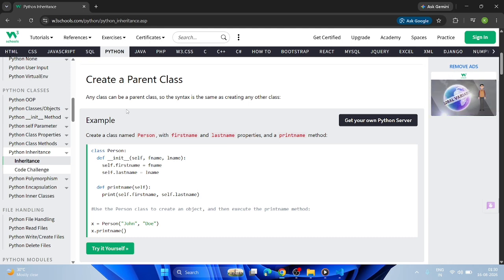Hey there, future Python wizards. Today, we're learning about global variables. These are special variables that live outside of functions and can be accessed by everyone,